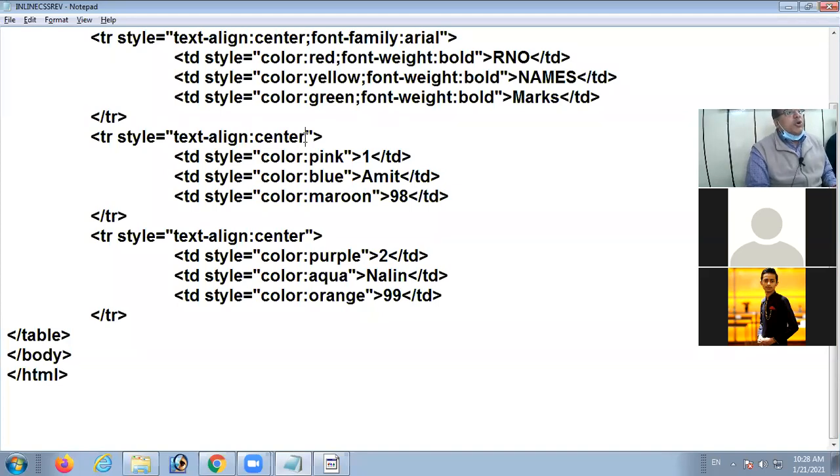Beta, please don't do your gossiping. Font style italic. Okay? And the next change I told you, I want the third row in capitalize. So what will be the property for capitalize? Capitalize, text-transform.